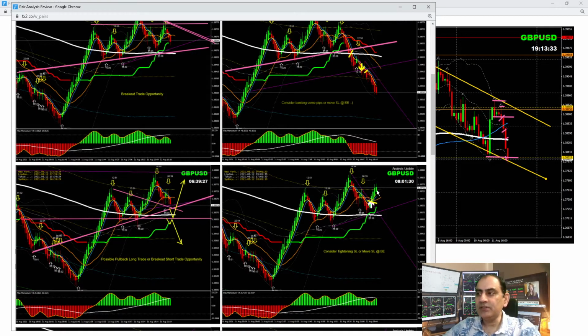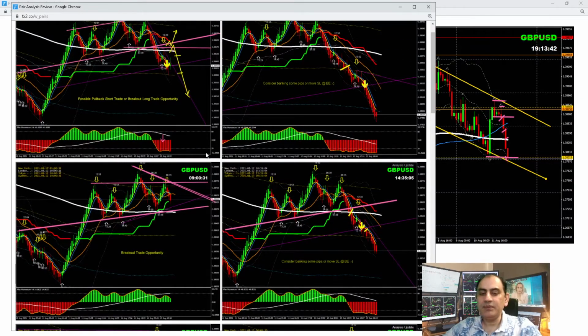As soon as the price hit the fib channel, we explained to traders to tighten your stop loss, which we did to break even, and we came out at break even. After that, I explained to my traders, look here, because we were watching the 4-hour, and this was the breakout. I could see the price develop a head and shoulder pattern, and I explained to traders to look for this breakout. I instantly broadcast this analysis, and afterwards you can see the price nicely broke, another pullback,